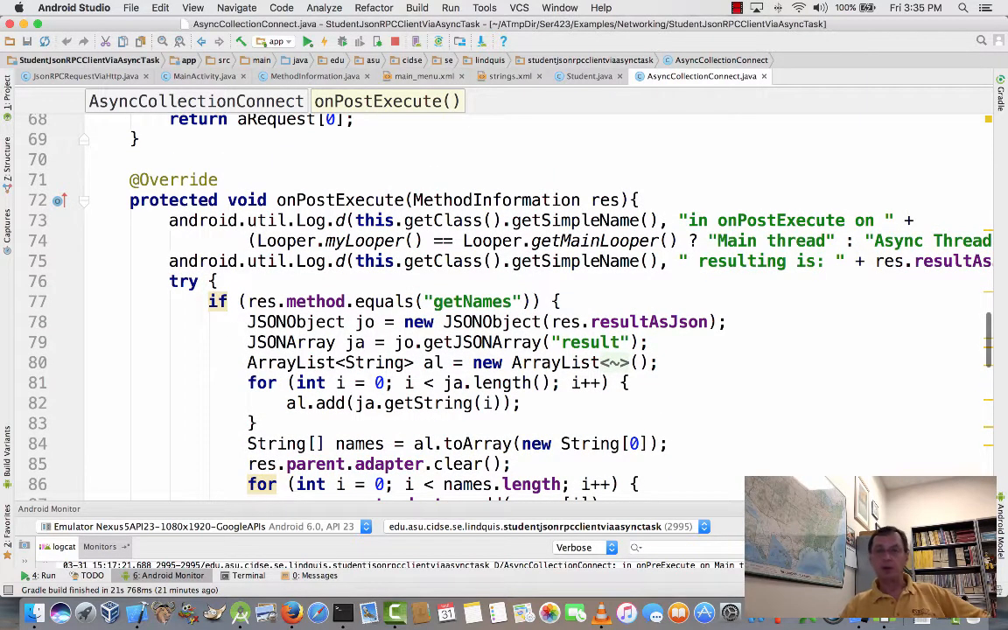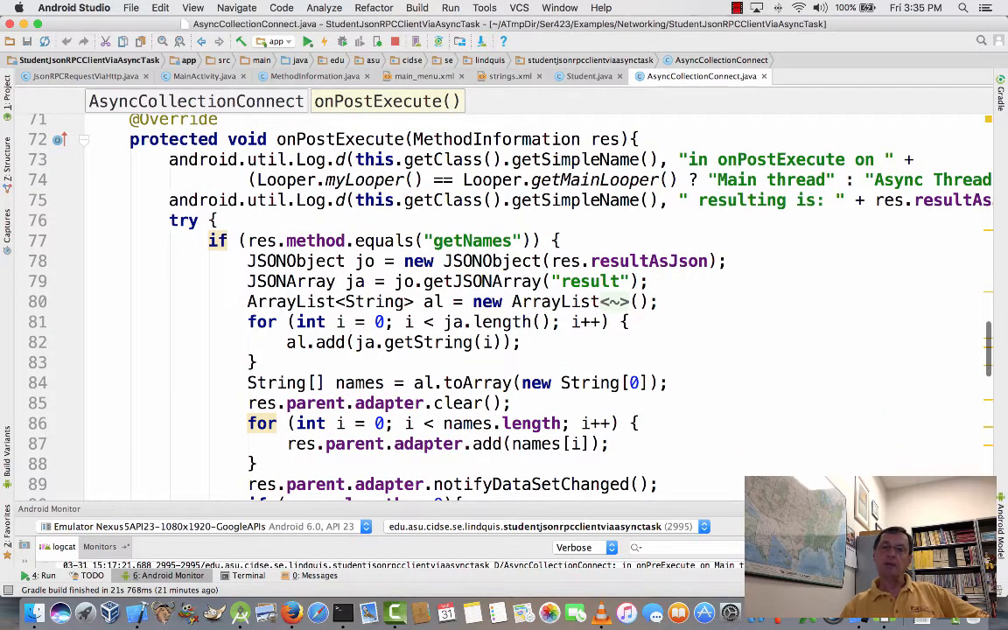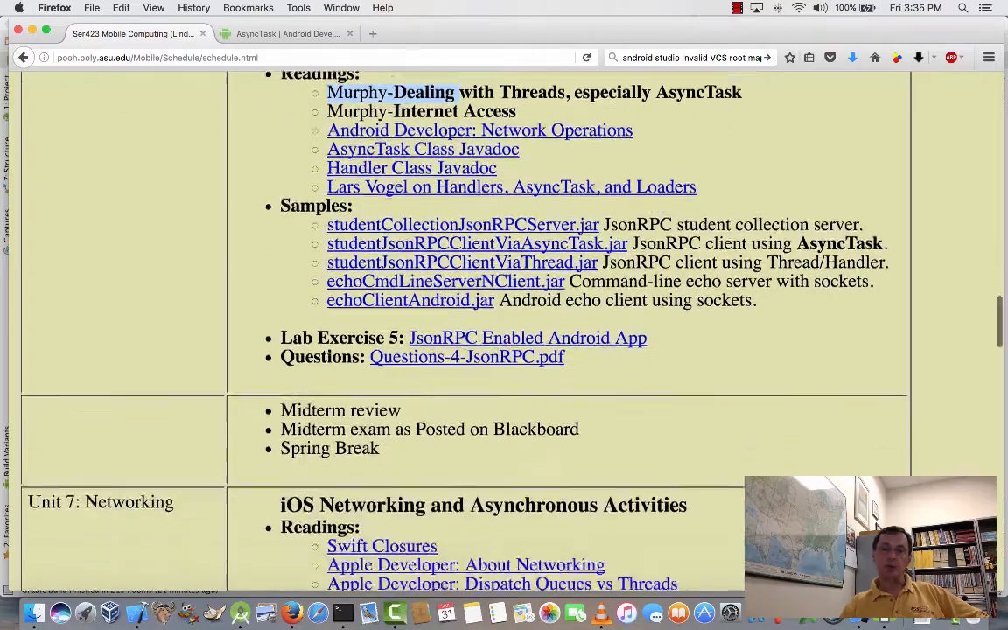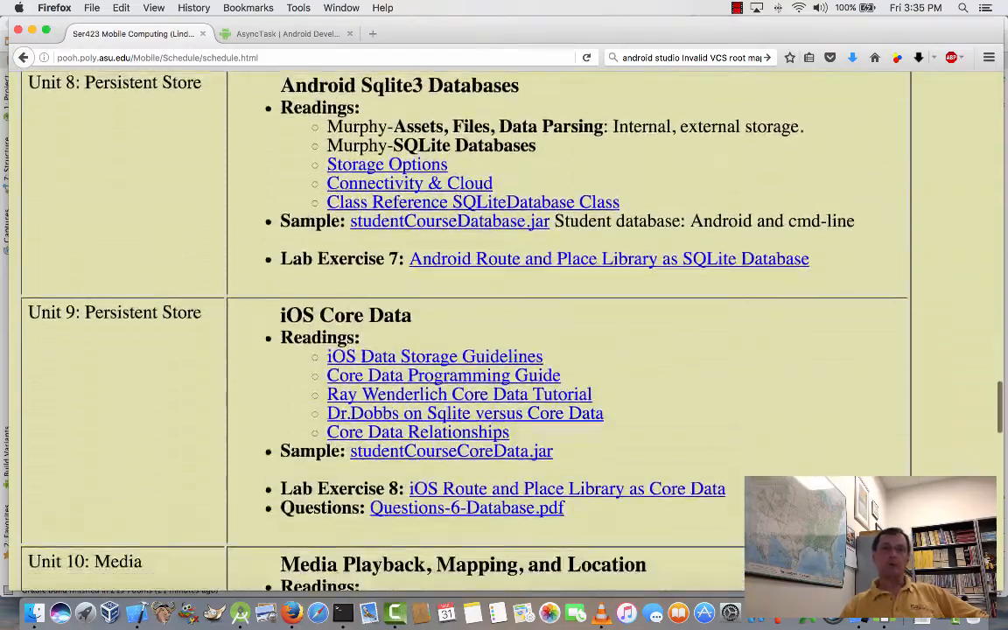Before we go on and take a quick look at handler and thread, let me say that it's also a common idiom in an async task to only have an interface that's implemented by a delegate callback. And if you want to see what I mean by that, I've included it in a later unit, which would be down in